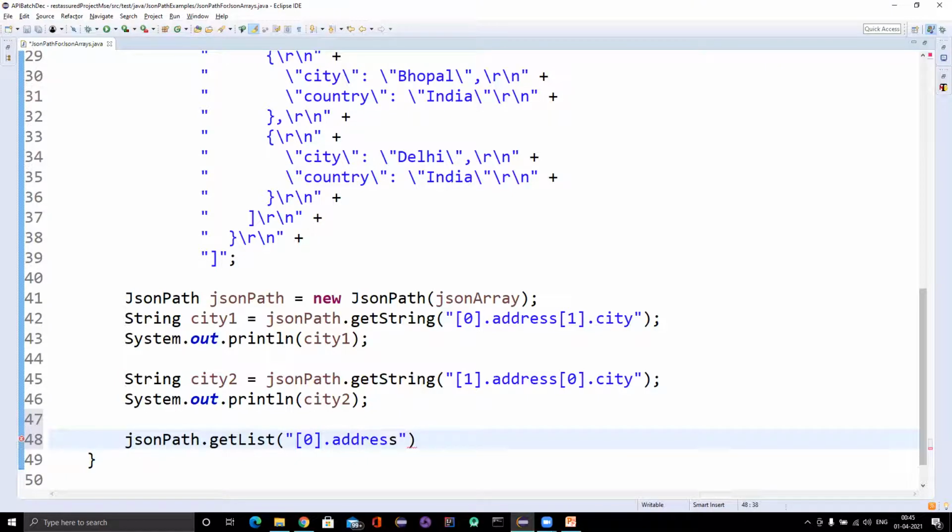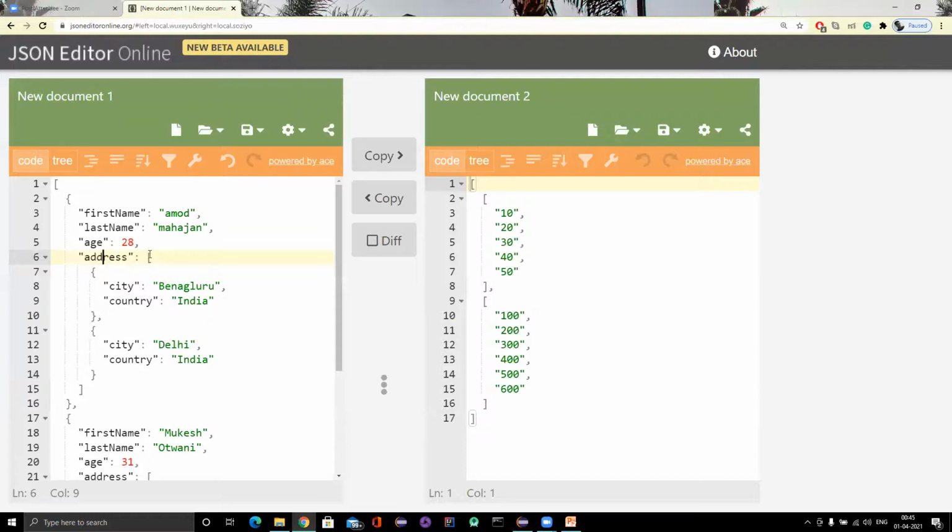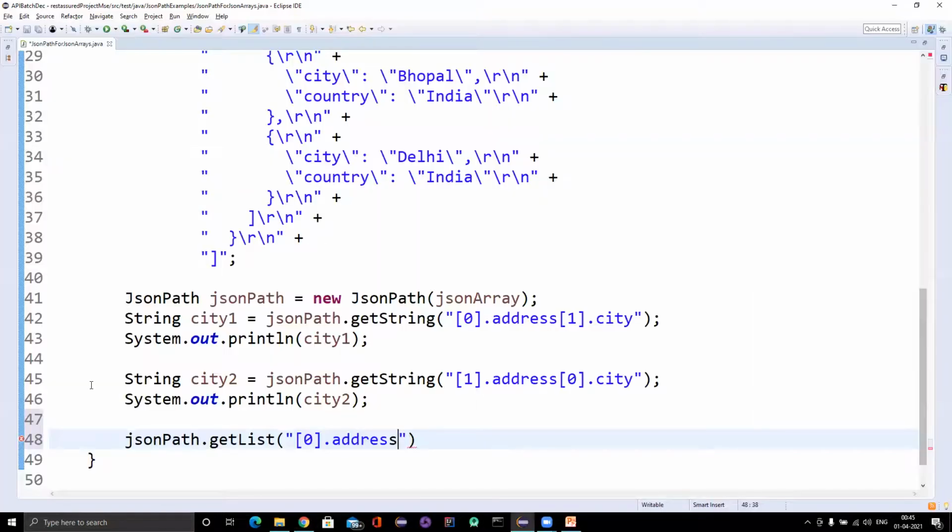After this we would mention an index again, because we have an array. To get all the values, don't mention the index. Just mention city, and let me print it out directly first.